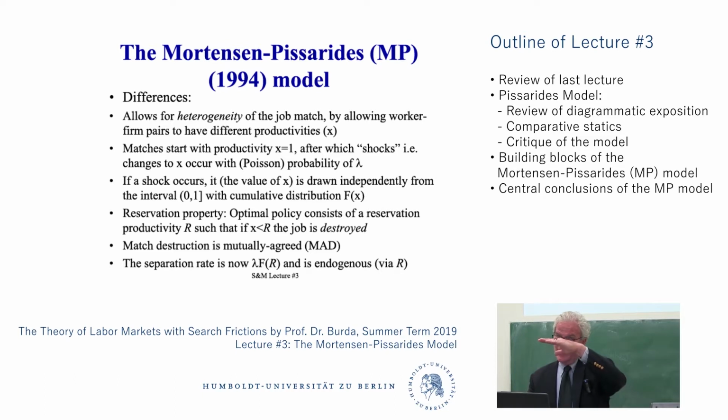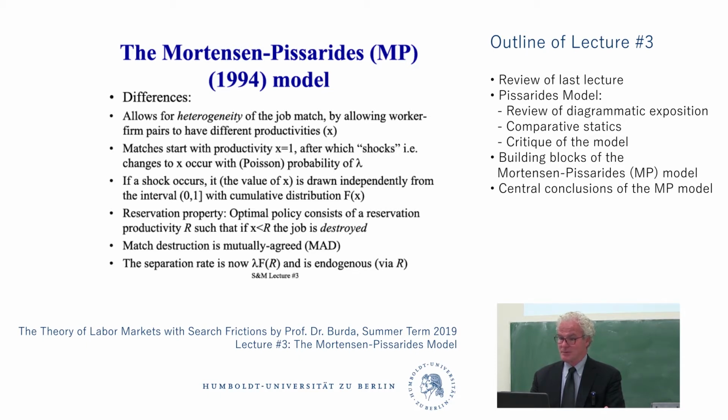So X equals 1, goes to some other value, and then it may go up again. Maybe things are great. We both like to collect stamps. We like the opera. Wow! And then eventually, the problem is, at some point, you might have a really bad day. You might have a bad realization of X, and you say, okay, this is really bad. I think I can do better. And then you and your partner agree to dissolve the match.